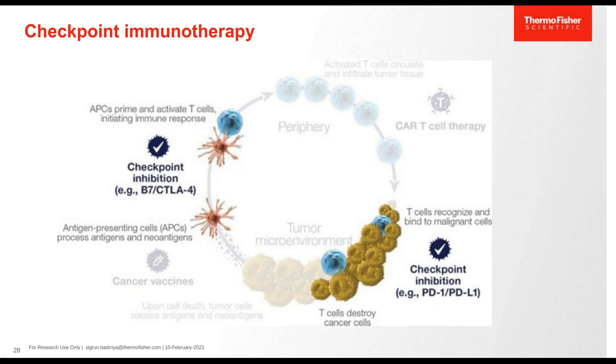As pointed out by the figure on this slide, among the first immunotherapies to market were targeted to blocking the effects of cytotoxic T lymphocyte antigen 4, CTLA4, and programmed cell death 1, PD1, with several therapeutic antibodies currently approved as immunotherapeutic drugs. CTLA4 plays a role during the priming of T cells by antigen-presenting cells, and upon binding to its ligand B7 acts as a negative regulator of T cell activation and proliferation. Blockade of the CTLA4 receptor by specific antibodies, however, can boost T cell activation and thereby drive an anti-cancer immune